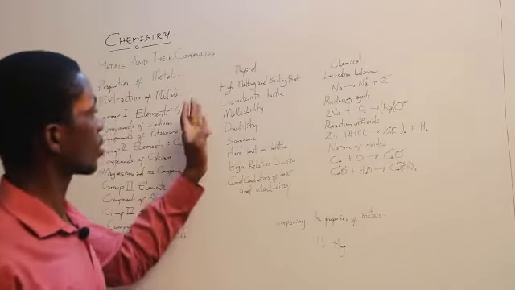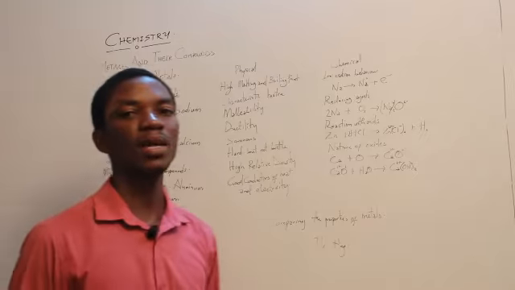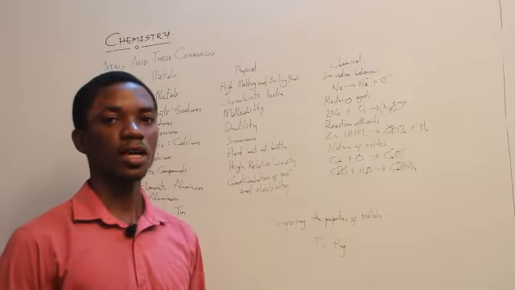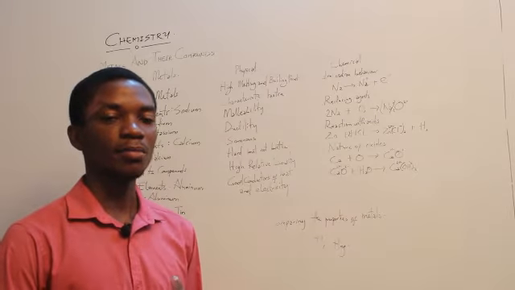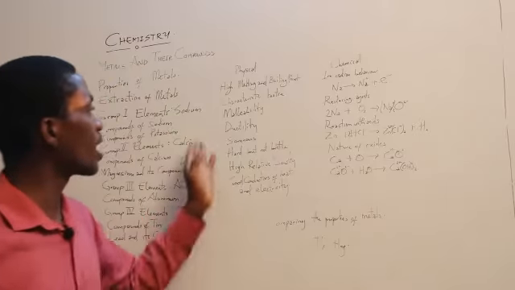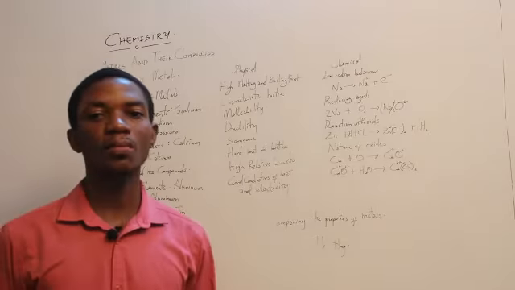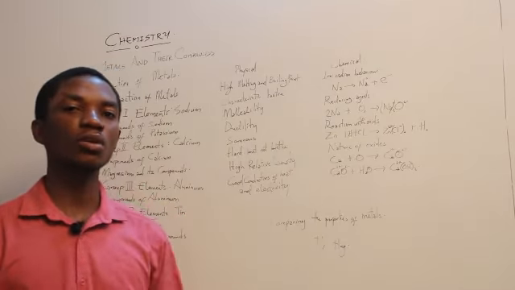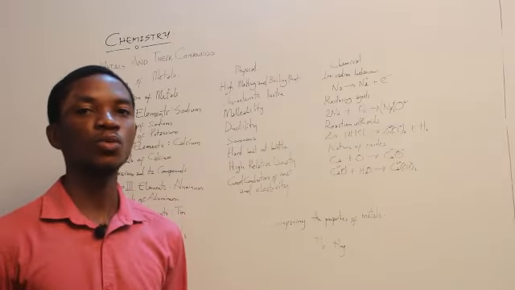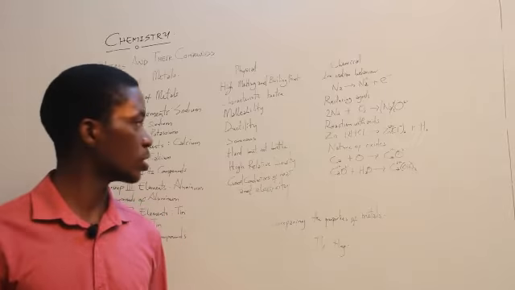Now, they are malleable, which means that they can be hammered into sheets. They can be flattened. They can be compressed. Also, they are ductile. When I say a particular metal is ductile, it means it can be drawn into wires. They can be pulled and stretched, and they will not break so easily.